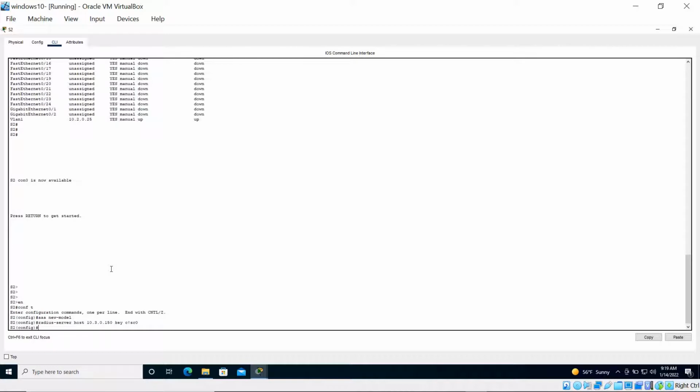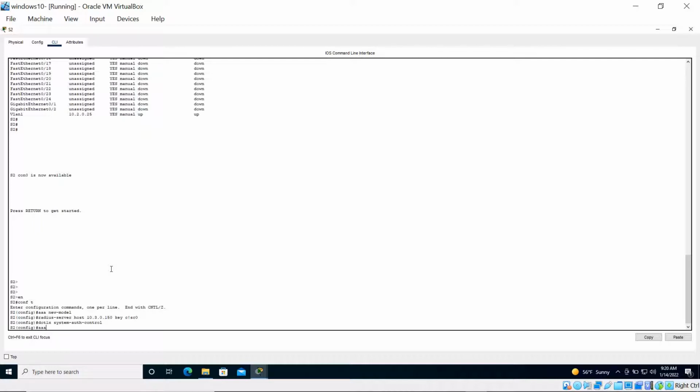Press enter, dot1x system-auth-control. Press enter,